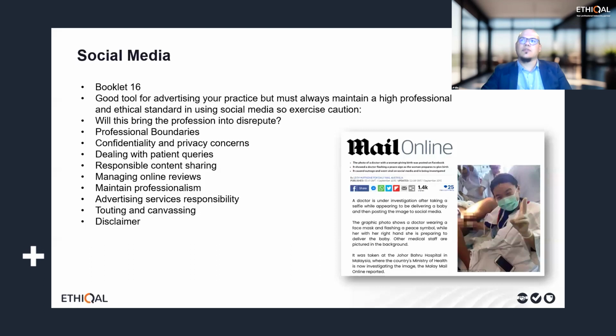So we've now touched on what to avoid. Let's touch on social media, because I know that is an issue that many practitioners have concerns about and have a lot of questions relating to. What I tend to say to a lot of the older practitioners who don't use social media is that even if you don't use that form of communication, it's important to understand that in most cases your patients do. I've had practitioners in the past who said that they don't have